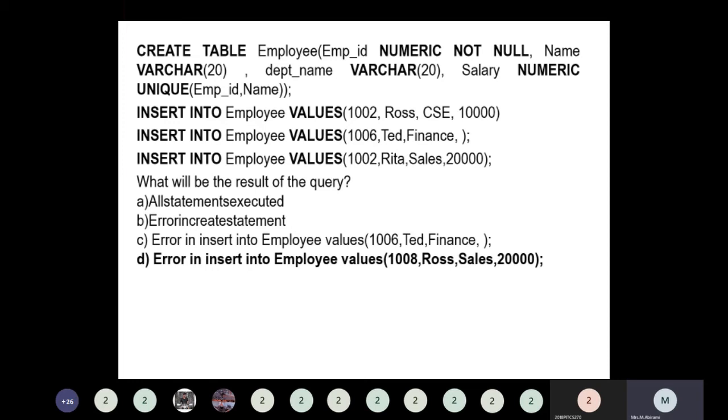So you can use the command insert into employee values of 1002, the name is Rose, and then department is CSE, and then employee ID. Okay,